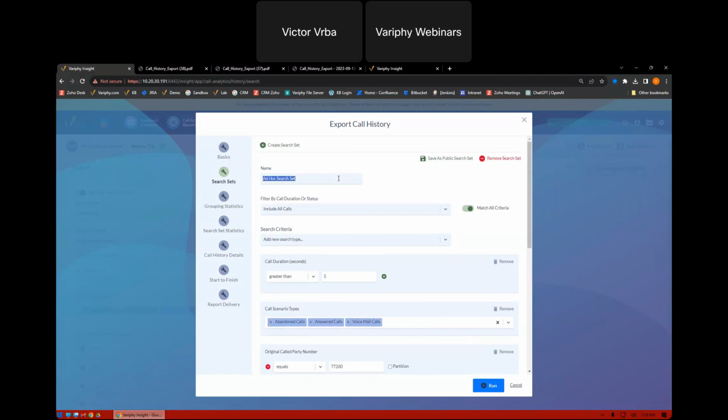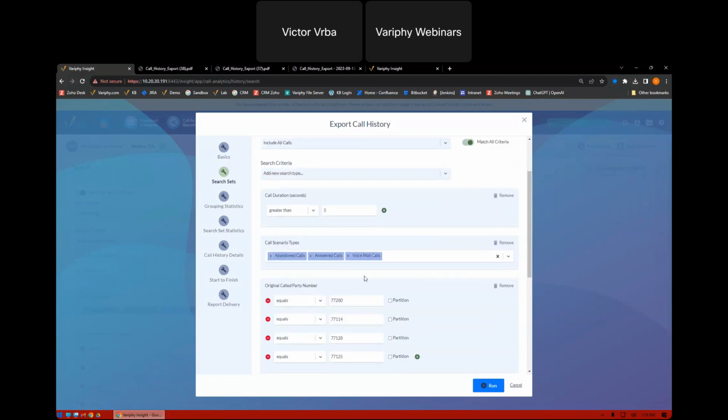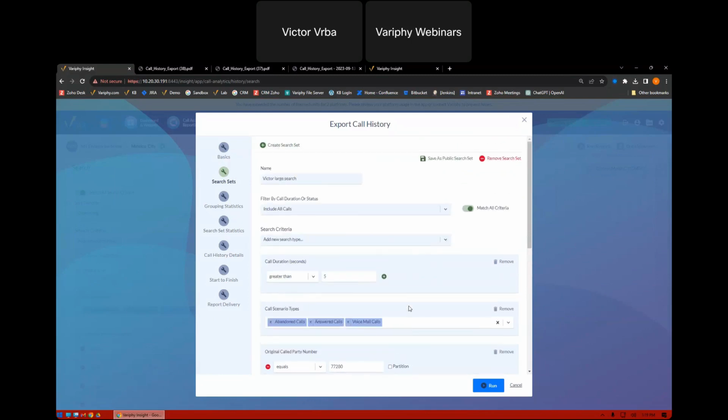So I'm going to name my search, and I'll call it Victor's Large Search. All right, so it's got all this criteria in here. I want to be able to use this multiple times in multiple different reports. I don't want to have to reinvent the wheel and retype all this information. Now what you're going to notice is this guy right here. This guy is going to give me the ability to